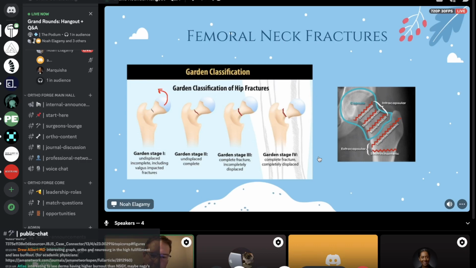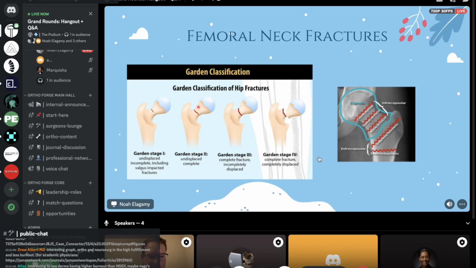Whereas if you go to a Garden stage 2, a non-displaced complete, you'll have a fracture line there, but sometimes these are really unstable. And you have to be suspicious that maybe we can get away with just pinning them in place with screws, but sometimes you check them in the operating room and you move them around and see if they're moving together. And if we've had a couple that just are not stable at all, despite them looking like they're just a single fracture line that is not displaced, and we still jump to a